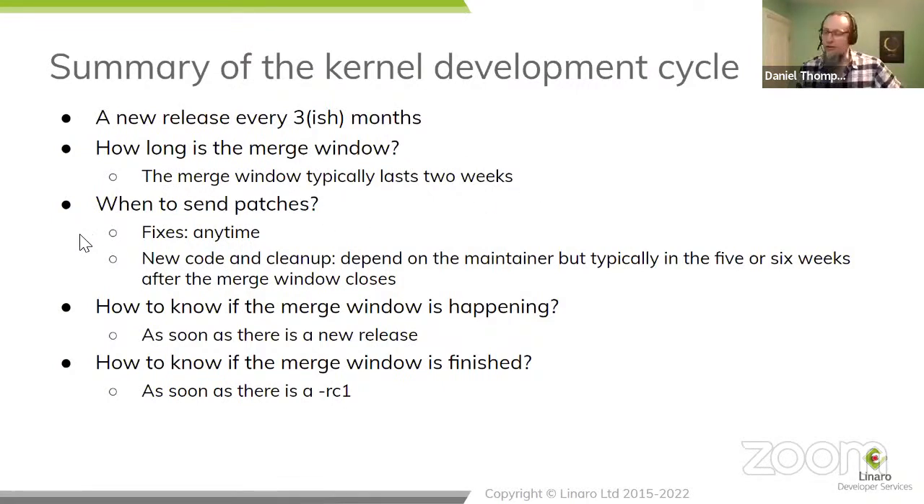So when can you send code? Fixes you can send to maintainers anytime you like. You can send new code and cleanups and what we might call trivial bug fixes. So for example, if there's a hugely improbable error path, like an allocator failure during init. Allocator failures at runtime are a problem. Allocator failures during boot are vanishingly rare. So if you have maybe a probe function that doesn't do good cleanup after an ENOMEM,